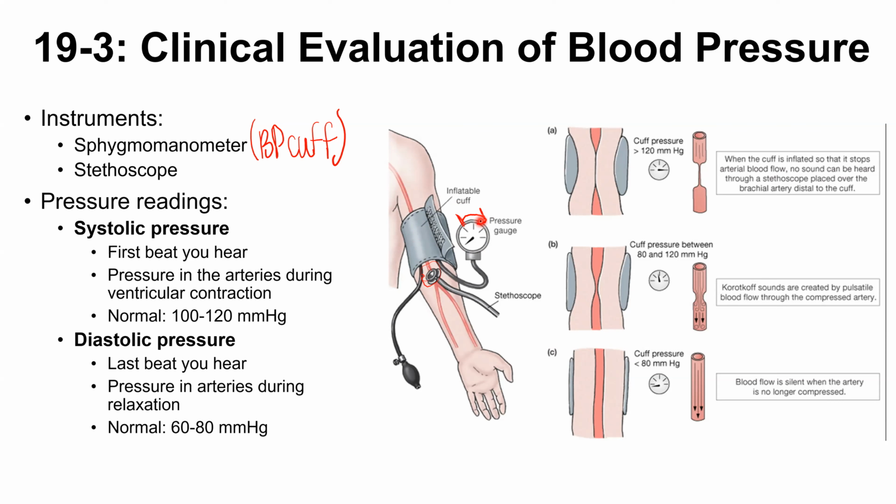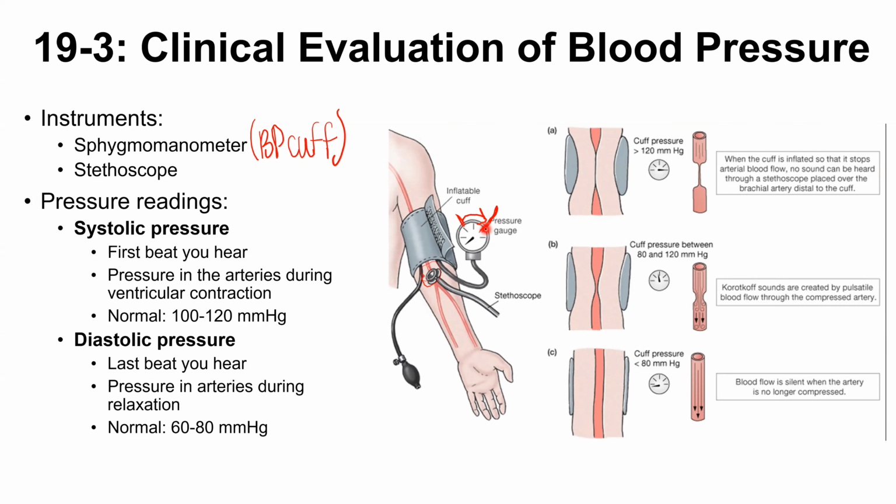Okay. So then you let it go, and now you're going to do it for real this time. So the first go round is actually feeling the pulse and feeling the absence of the pulse. That gives you a starting point of how high you need to inflate your cuff in order to get an accurate reading. So you deflate the cuff, and now you place your stethoscope and your pressure gauge,